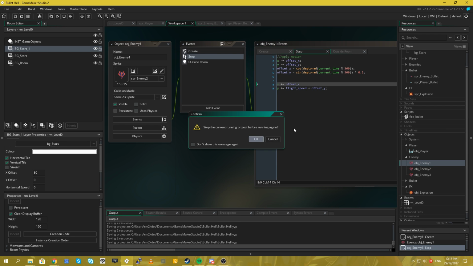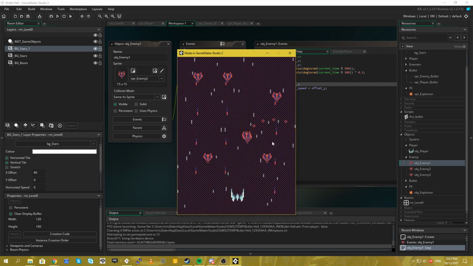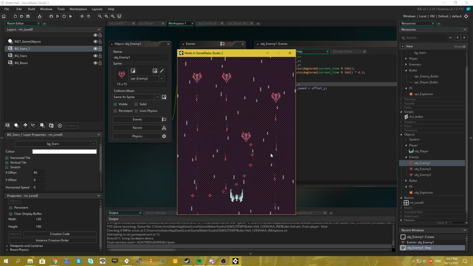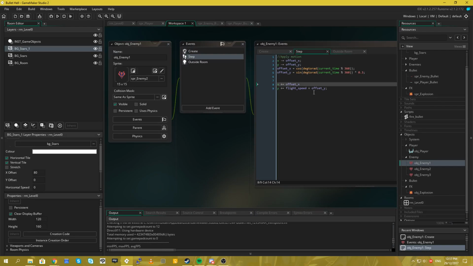Alright, let's have a look, see how that looks. All right, now everyone's dancing to the same beat over here. We need to randomize these a little bit. So current time, mod 360, they need their own offset.